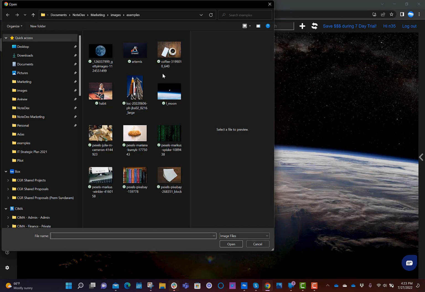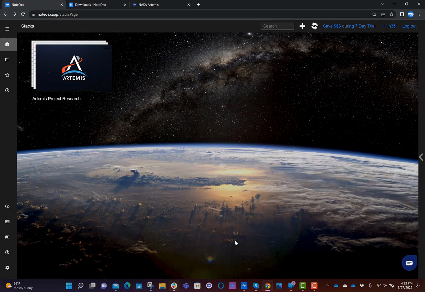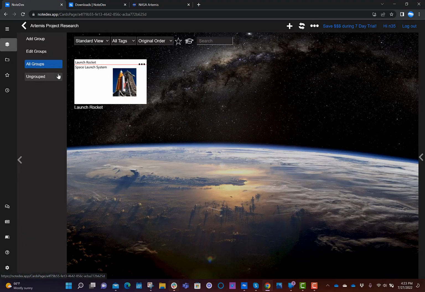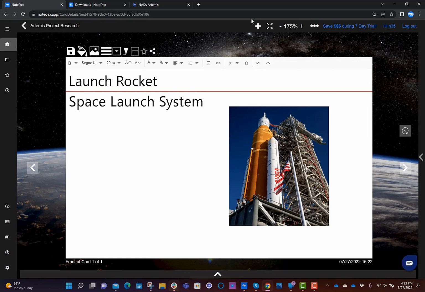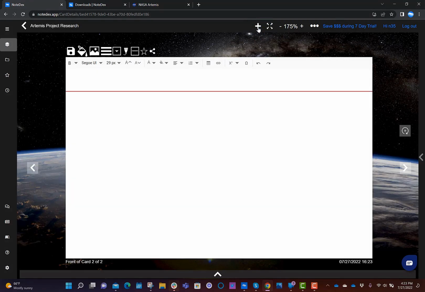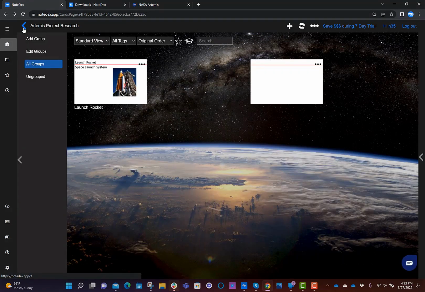Again, it brings up the window for your computer, and here's the image that I saved earlier. So I'm now going to add that to the stack. So now you can see we have a project stack, and we're going to be motivated to do more research into this project. And we can open up the stack and we can go back into the card. If I now want to add a second card to add more information, I can either add the card by clicking the plus button here, which I will do now. Or if I was to go back to this thumbnail view, I can also add a card by just clicking the plus symbol here.